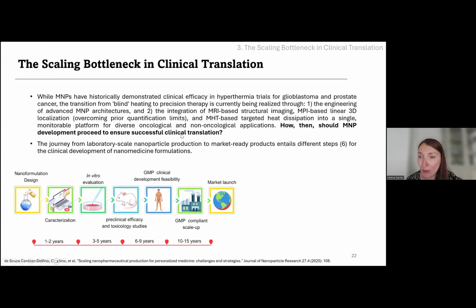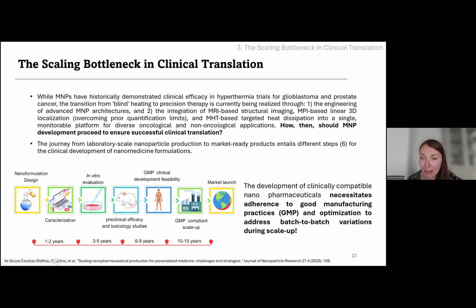So now, how then should magnetic nanoparticle development proceed to ensure successful clinical translation? We have these different steps, okay? The journey from the laboratory scale nanoparticle production to the market-ready product entails these 6 steps. And in order to make a product, a nanomedicine formulation, we have to comply with some manufacturing practices and to assess the batch-to-batch